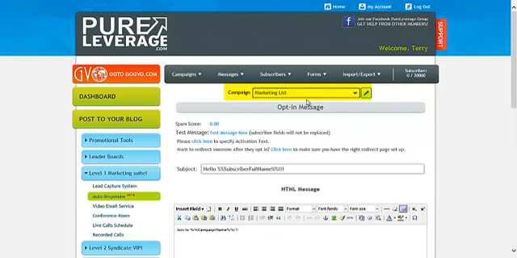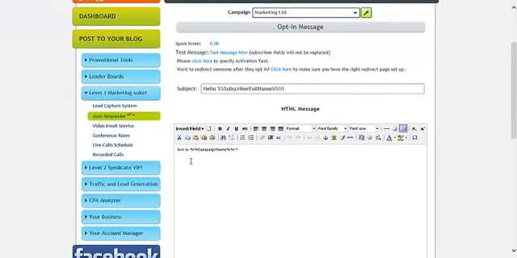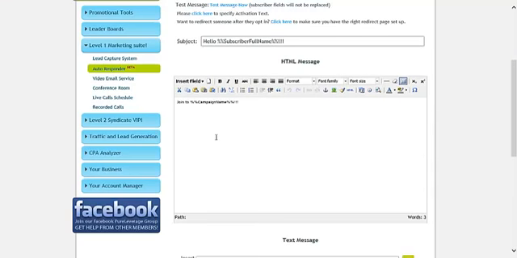If you have multiple campaigns and this is not the one that you're wanting to use or build the opt-in message for, make sure that you click on the drop down. We only have one campaign at this time, so we'll be able to continue as is. Now scroll down and you're going to see an HTML message box. Now this is a full WYSIWYG editor, so you can use it to help format and size the fonts and even make the fonts in different colors